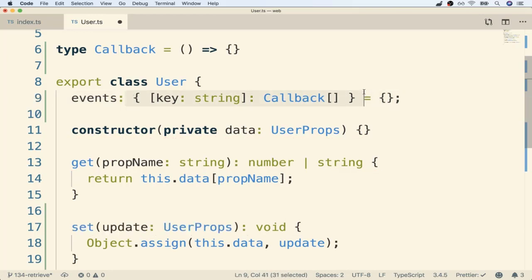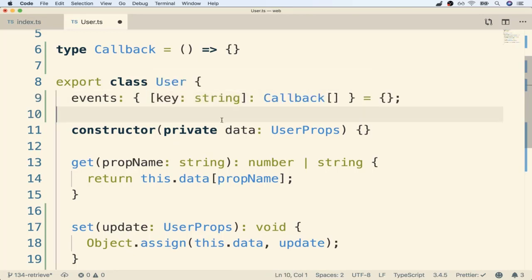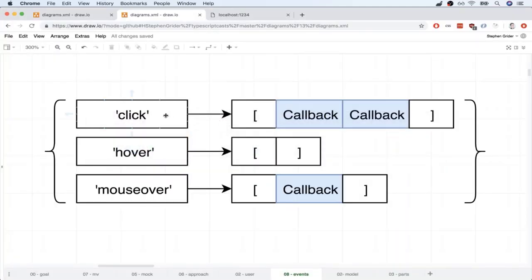Okay, so what does this mean right here? Well, remember, usually when we write out a type annotation for an object, we just write out the name of the property that's going to eventually exist here. So we might have something like, say, click or something like that. But in this case, we don't know the names of the different events that we're going to have. We have no clue. We might have eventually an event tied to a user called click or hover or mouse over, or maybe like change or sync or delete. The point is, you and I just don't know yet what the different event names are that we will have